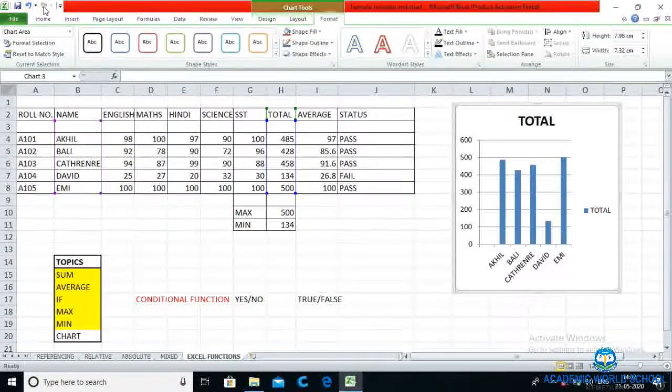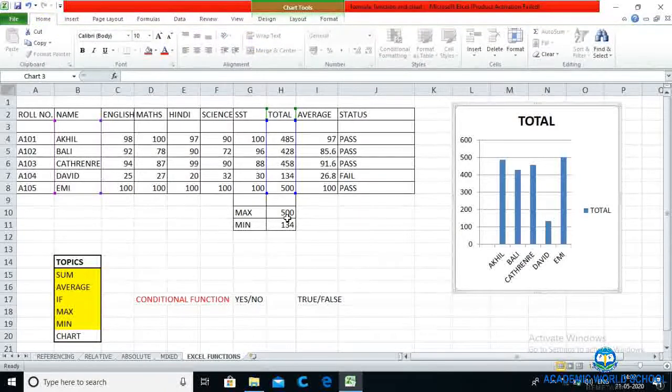If you want to change the color of Akhil's column or change the font size, you can do it by going to the design and layout tabs.